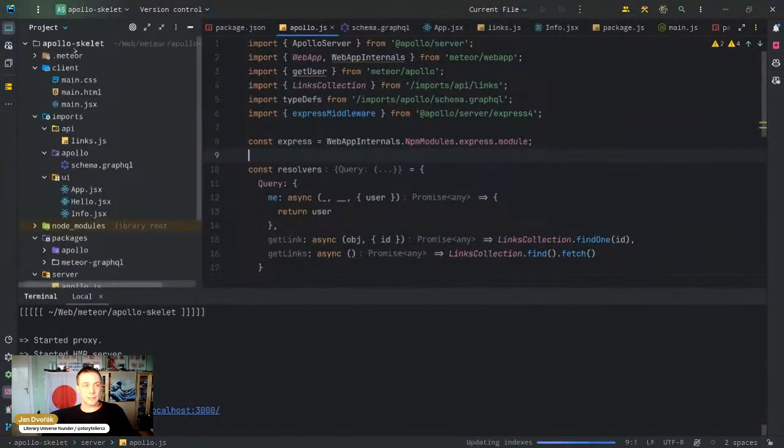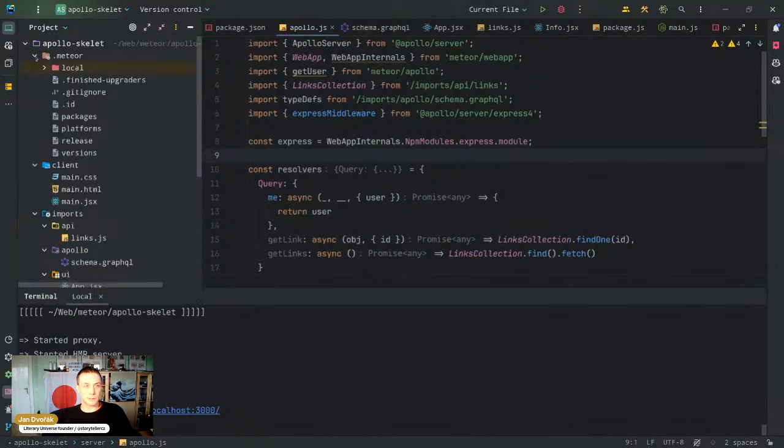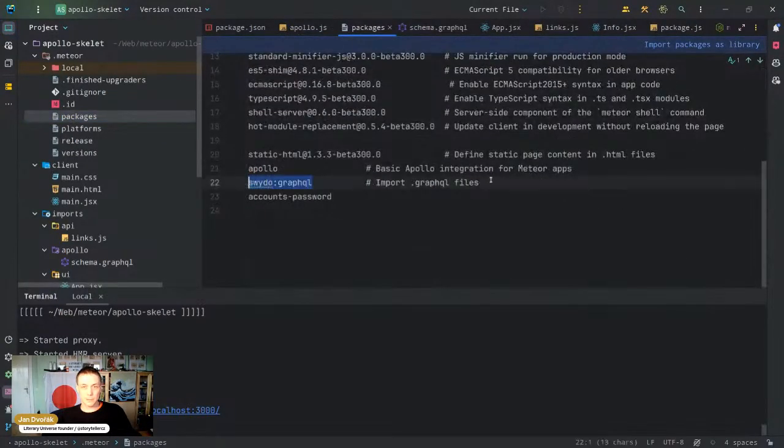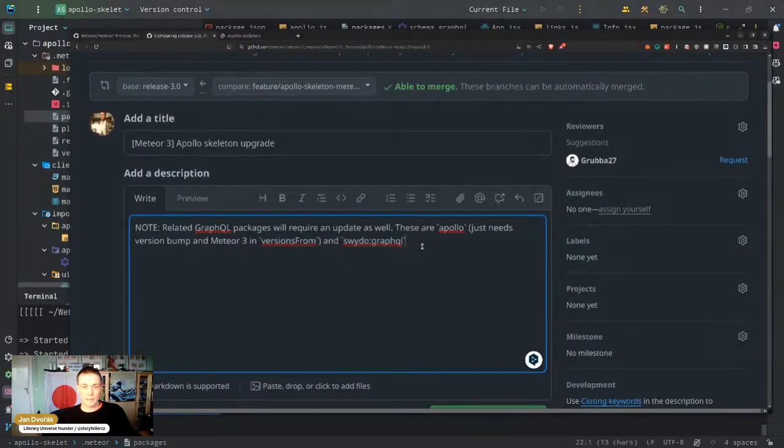Which we said was, let's open up our packages. That was this one. Requires an update, PR incoming update, but looks like it's no longer obtained. So